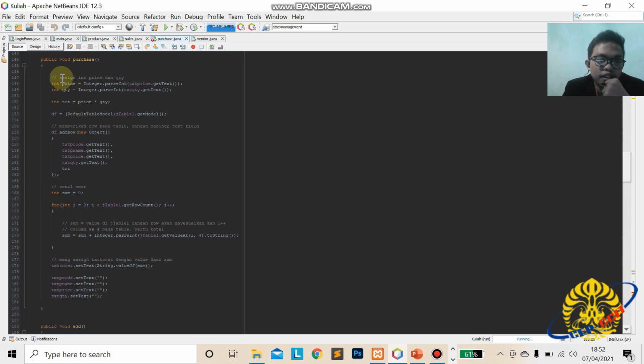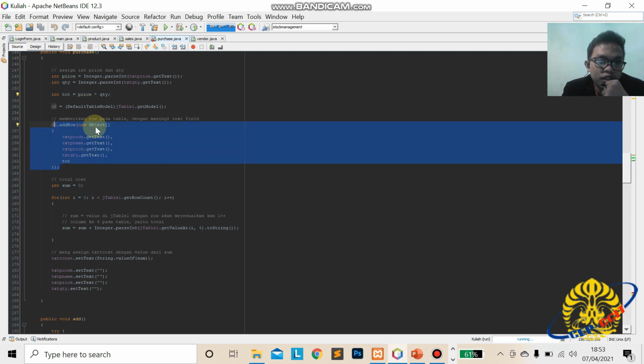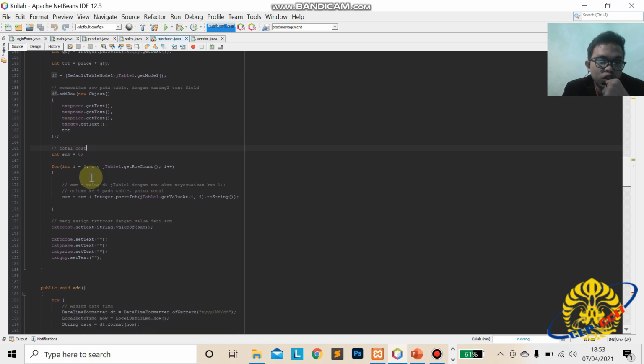This is assign integer price to the get text price and quantity text quantity. This is the formula of total. So this is add to the table data, the table of the Gframe. Okay, because product name, price, quantity, total, and then this total cost will be automatically added to the total cost.